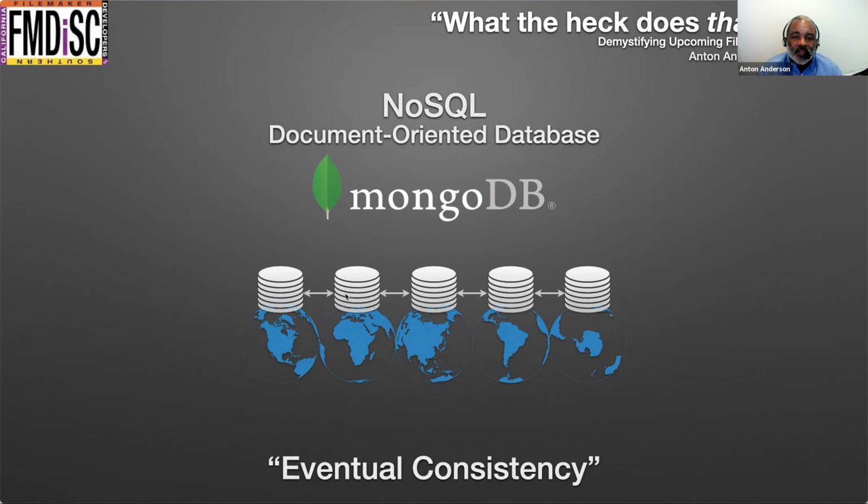So one of the things that was brought up during the Q&A was this notion of eventual consistency, and that's another one of those terms. Just like when they say NoSQL, it makes you like, well, wait, what do you mean? It's supposed to be a database. It's supposed to be consistent. What the heck does that mean? And if you think about it,